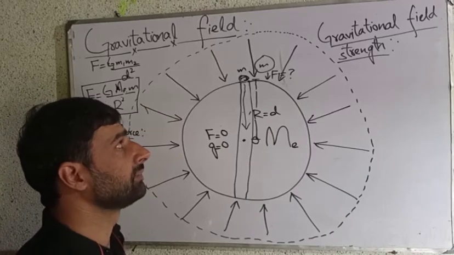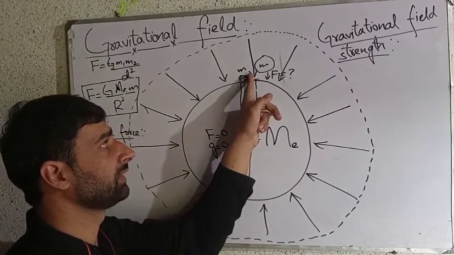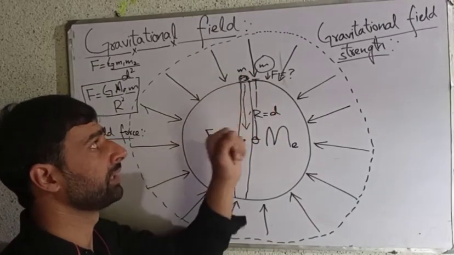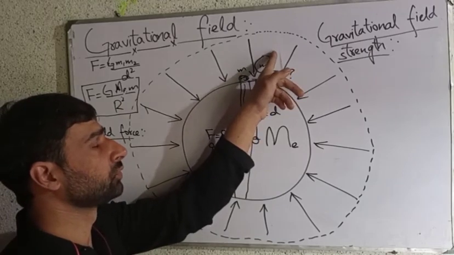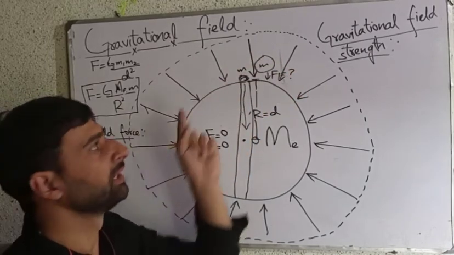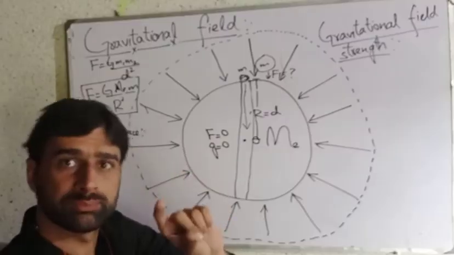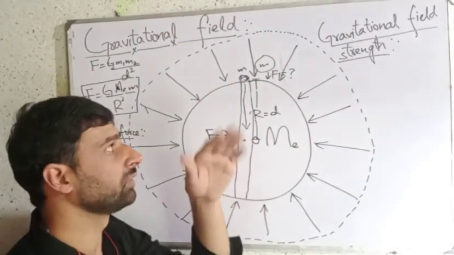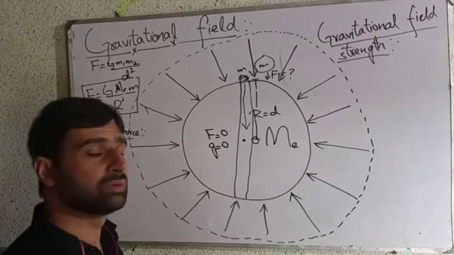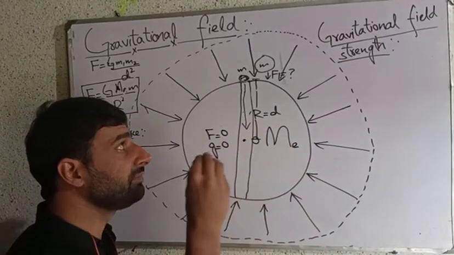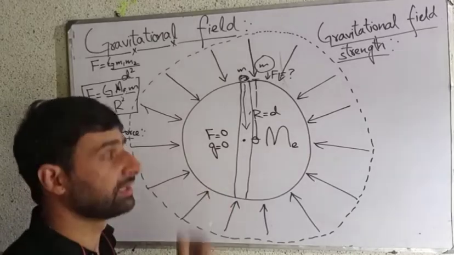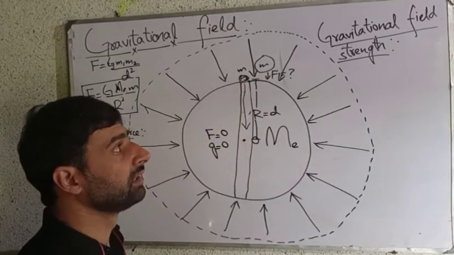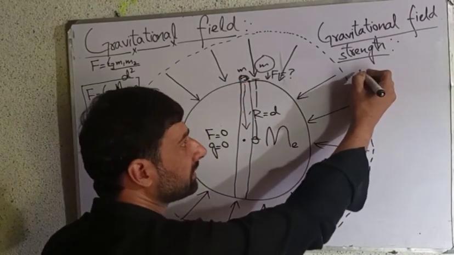That is, what quantity of force Earth is exerting on different masses in the gravitational field is known as gravitational field strength. For example, Earth is attracting this mass by a force of 10 Newton when this mass is 1 kilogram. So it will be written as 10 Newton per kilogram. If Earth is attracting this mass of 2 kilograms with a force of 20 Newton, then again it will be 10 Newton per kilogram, because if it is 20 Newton on 2 kilograms, then it will be half on 1 kilogram. So the force of Earth on every 1 kilogram mass of an object is known as gravitational field strength. If an object is placed close to the surface of Earth like this one, then the value of this force is